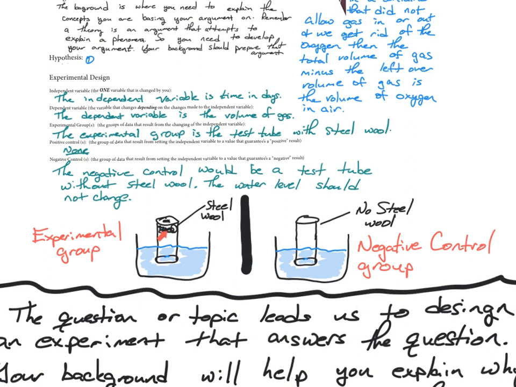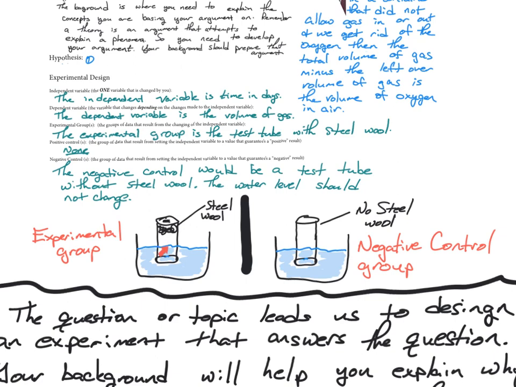If our background knowledge of the chemical reaction and our laboratory setup is all correct, then this should rust and this water level should go up, because there would be less pressure inside the test tube in the experimental group where it has steel wool. It may not go up. Maybe it may go up